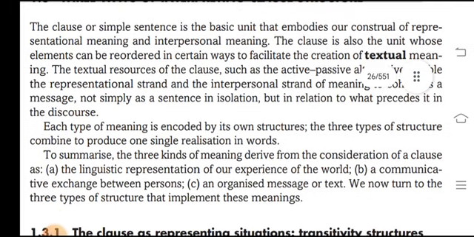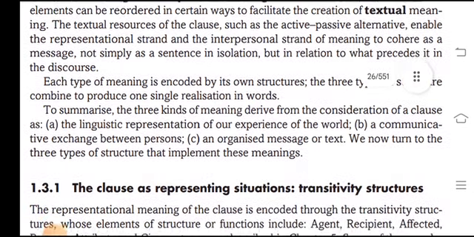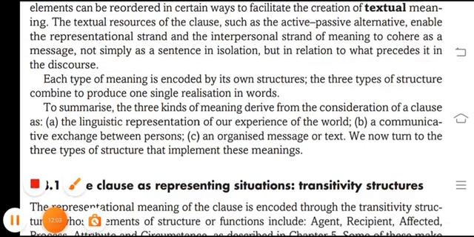The clause, or simple sentence, is the basic unit that embodies our construction of representational meanings and interpersonal meanings. The clause is also a unit whose elements can be ordered in certain ways to facilitate the creation of textual meanings. The textual resources of the clause, such as the active and passive alternative, enable the representational and the interpersonal strands of meaning